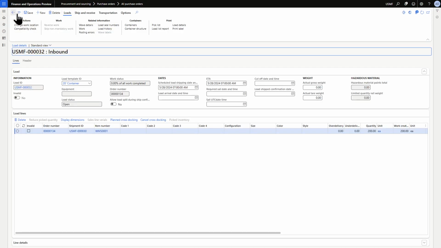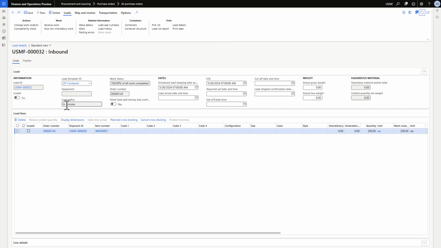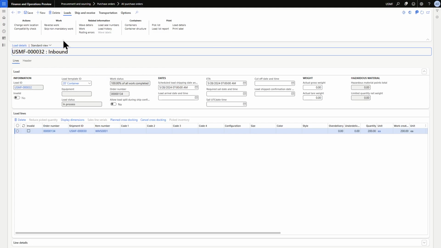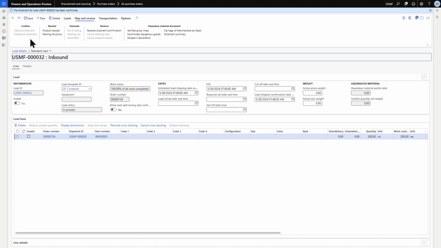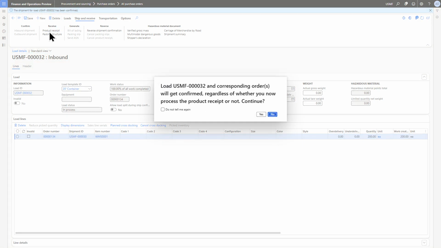Let's go back to the load screen and refresh. Now the load status is in process and the work status is 100% of all work completed. Now we will confirm the shipment, then we will post the product receipt from the load screen. Go to product receipt,